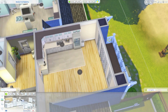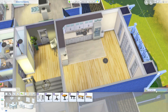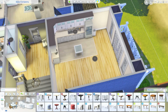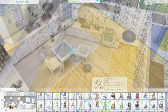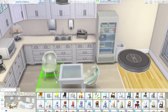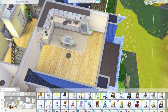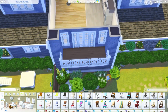And then we can have a little set of tables and chairs in here. So what works? I think we'll just go with this. Probably can only have two or three chairs around this. Okay, no, that doesn't work. What about this? Well, we could go with this one. I mean, it kind of works. Or, I don't know, I feel like we should have a table and chair in here, but it's also a little bit crowded, so maybe instead of having it in there,